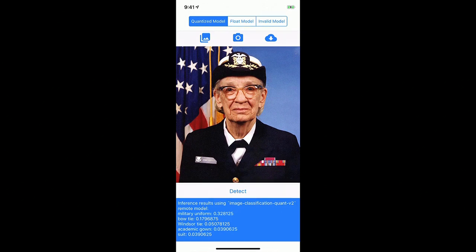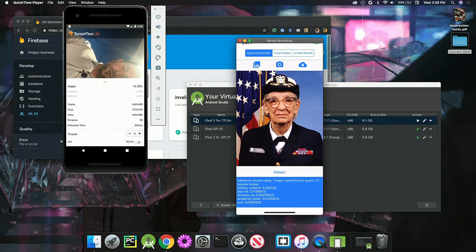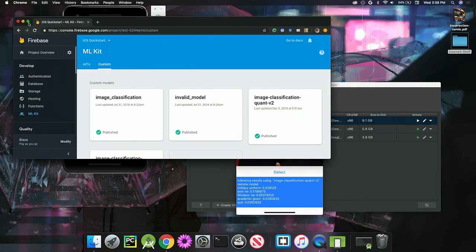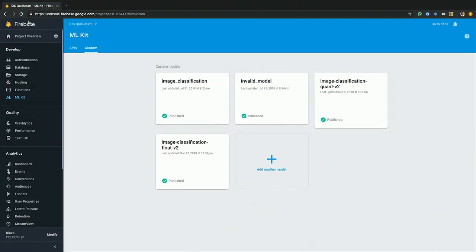But not only that, we can actually use Firebase to go one level higher here. This is my Firebase console, if you are not familiar with it, which I'll be using as a console for my mobile development. Here, in the ML Kit section, I have some custom models. In these models, I see the image classification models, some models that I already published, so they can be downloaded on the fly from my client. Let's say I want to do some A/B experiment. I want to see if I have a better model, if it's really better or worse, or how my users will react to this new model.